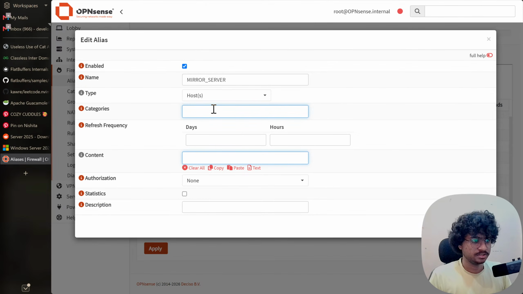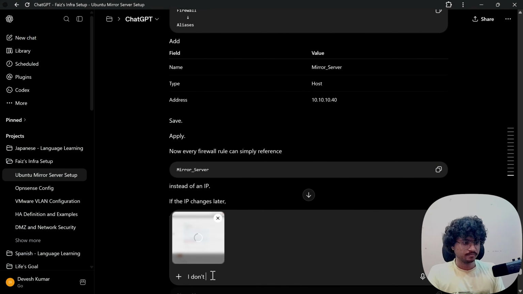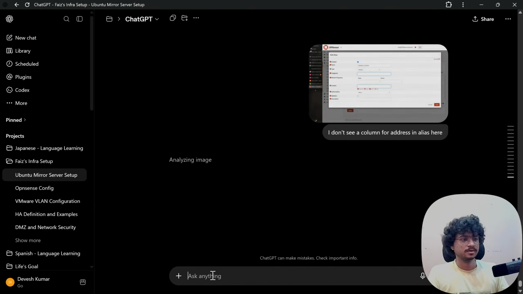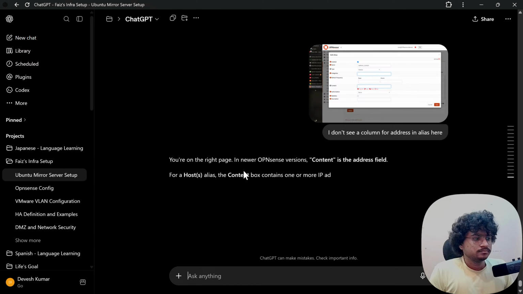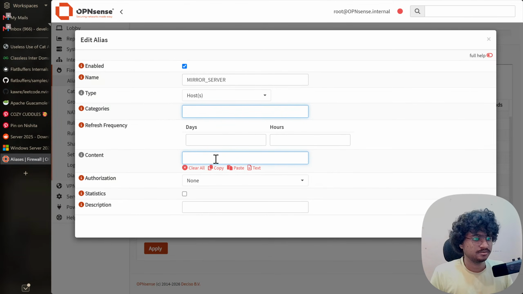I don't see a column for address. The content is the address field. Okay.